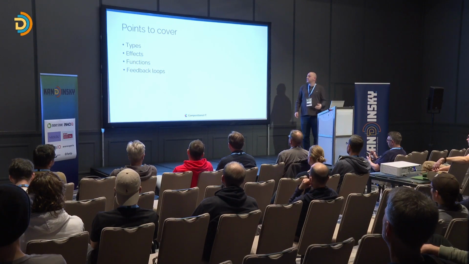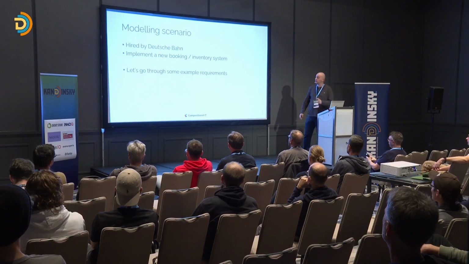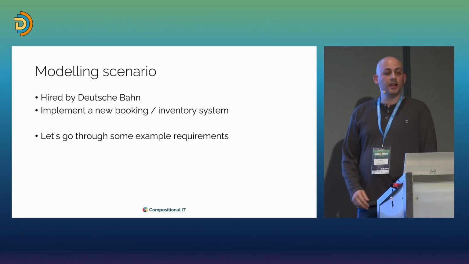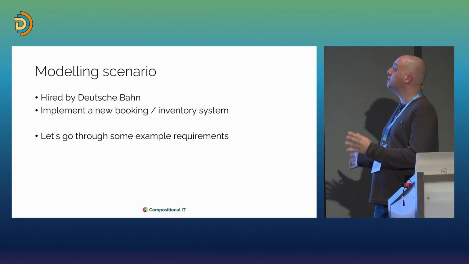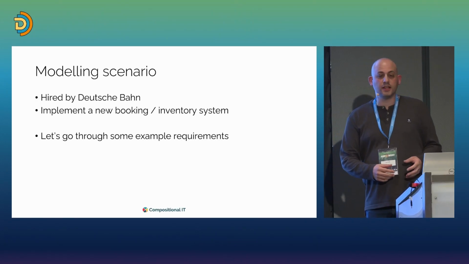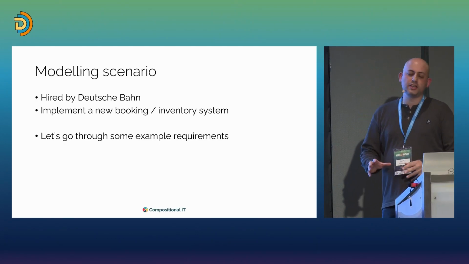So I thought the best way to start this, and I spent too many hours actually trying to find a decent domain, but I ended up with something that I know from my time living here. Imagine you're a consultant and you've been hired by Deutsche Bahn, and they want you to implement a new booking and inventory system. And they've given us some requirements, and we've got to try and model them. It's pretty simple stuff, but hopefully it gives you some idea of how a domain might evolve, how we deal with stuff, what you might think about doing, and how you might solve it with a language like